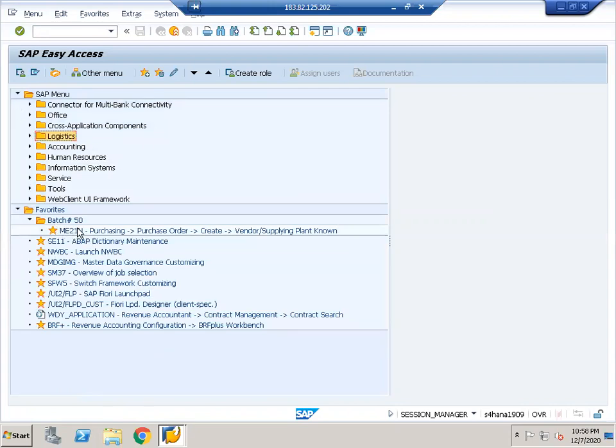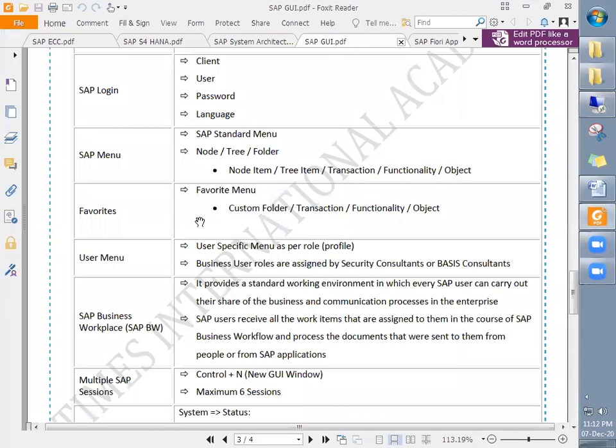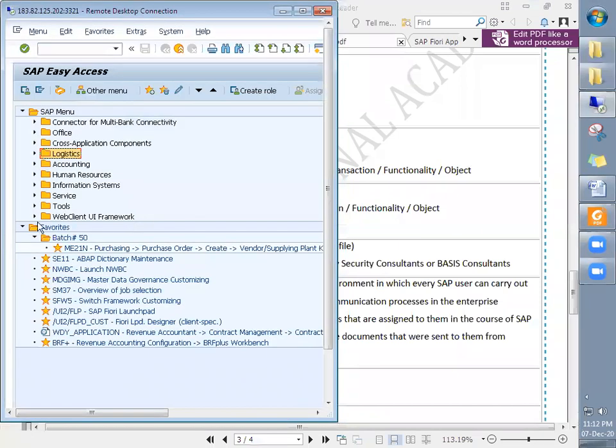That is the benefit of having the favorite. So that favorite option is also available here. Custom folders can be created, like I just created custom folder 50, and all frequently used favorite transactions can be dragged and dropped. That is possible.